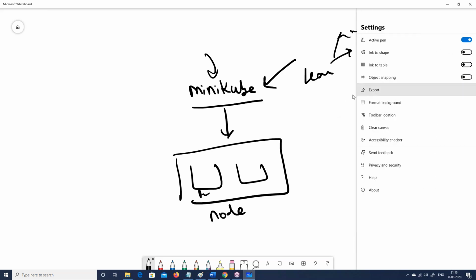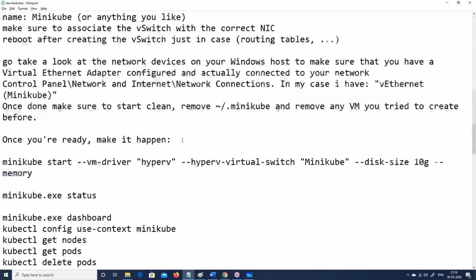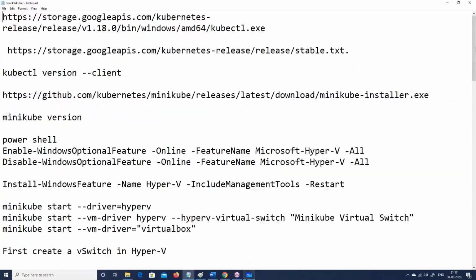So Minikube, you can think of it as for testing purposes. You can use it in go live also if you have just a single node. If you just have a single node, no problem, right? So Minikube will use Kubernetes, but it will make our installation easy. Now let's go through the installations. Now let me talk about something more. What this Minikube does, once you install this, or once you say minikube start, that's a command.